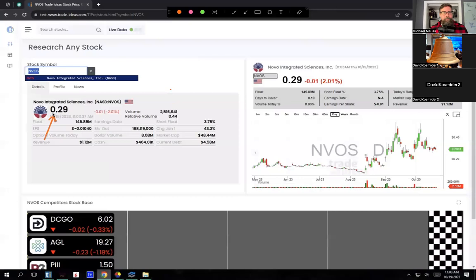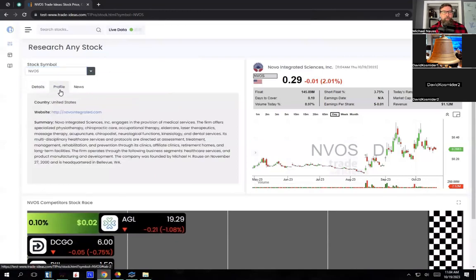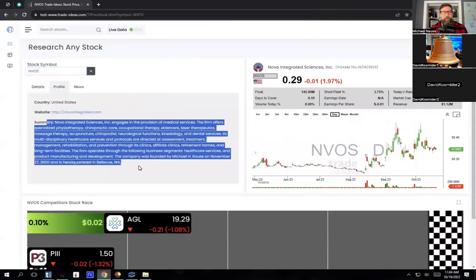So this one's 29 cents. Only 149 million shares in the float. This is a really, really little guy. And this just gives me a feel with a market cap of $48 million. I know it's going to be incredibly volatile when things come in. And then just things like, $1 million in revenue, and is it a profitable company, that type of thing. And then also what sector. So you can just read about the company right here.